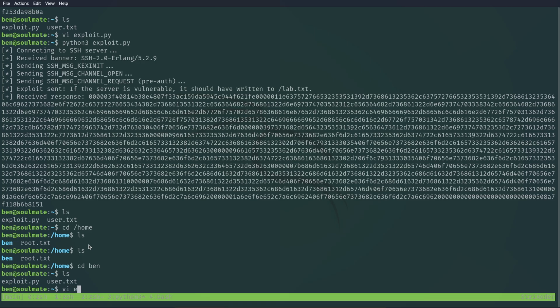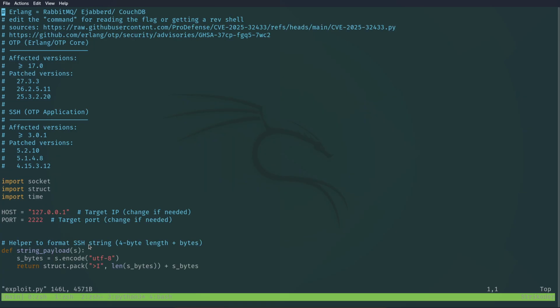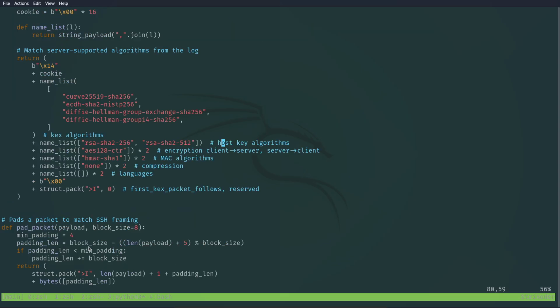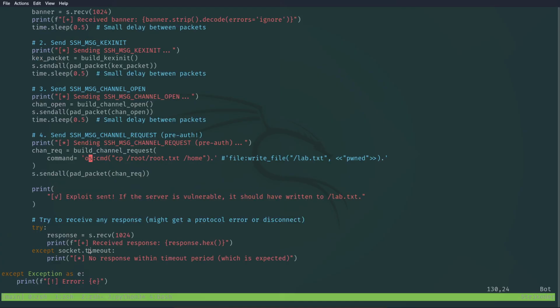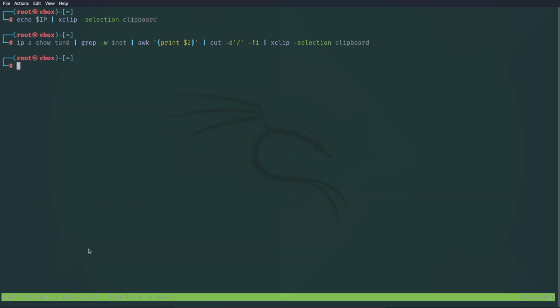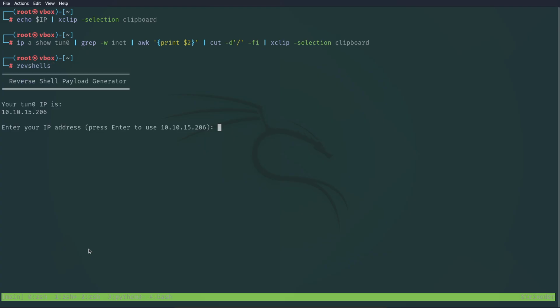Vi exploit, bash, os, revshells. I'm going to paste my IP, the same listener,